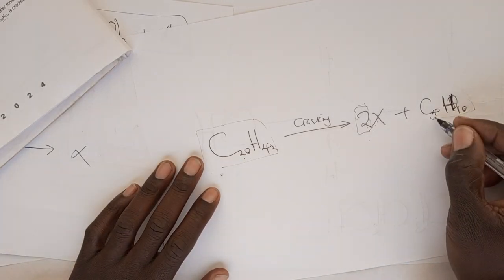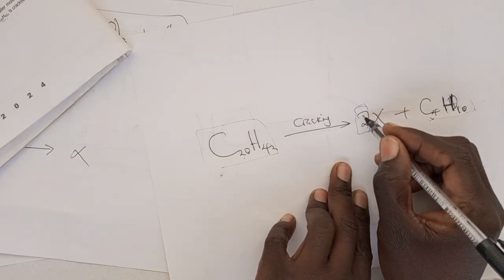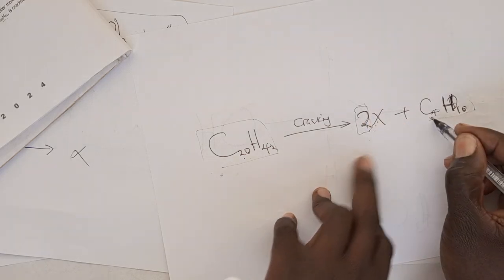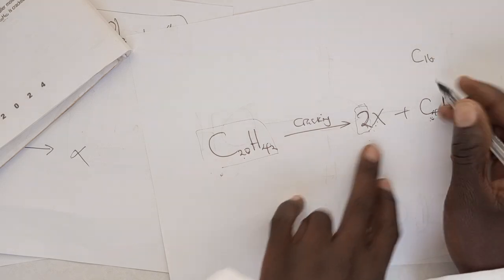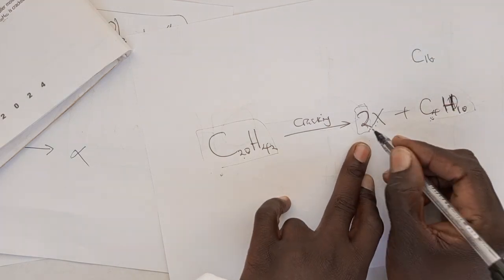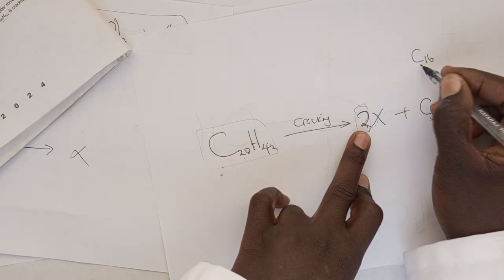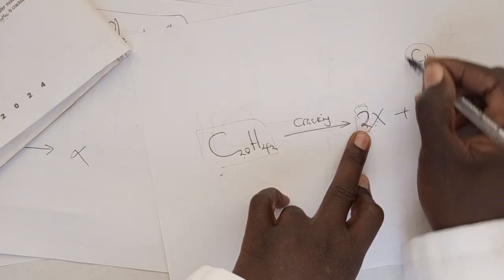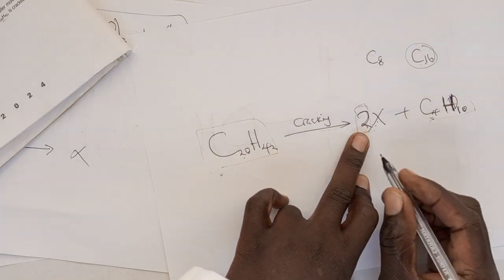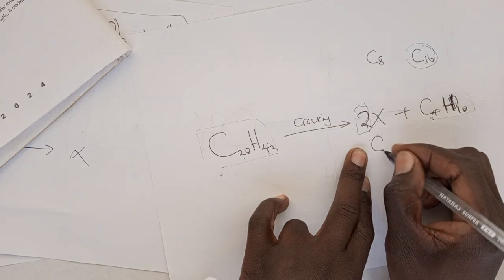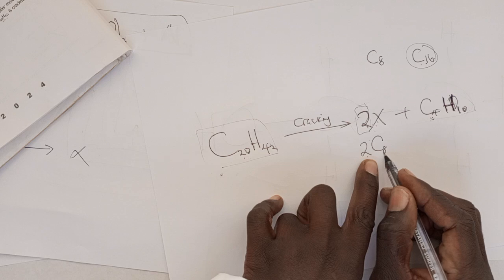So, since there is C4, we need to make sure, and here there is a 2. So C4, what is remaining now is C16. However, there is a 2 here, which means that this 2 must be multiplied by the number of carbons for it to give us a total of C16. So we must have a C8. So we have discovered here that we must have a C8, so that when we say 2 times 8,